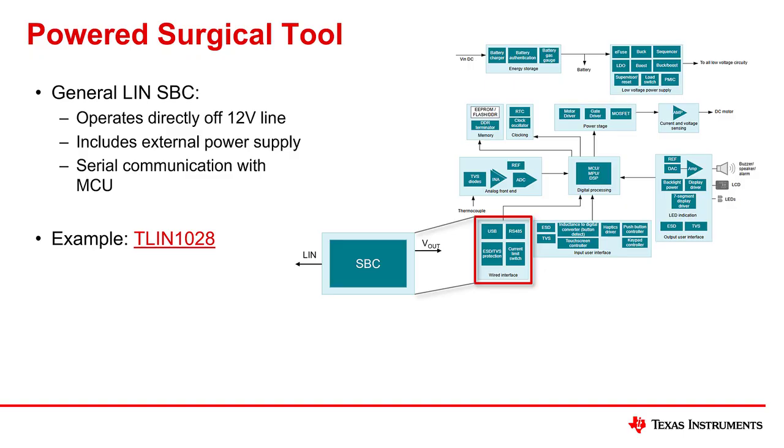Looking at the original design, specifically in the wired interface block, we can see traditionally it is handled by RS-485. However, LIN devices can also fill this purpose, as these systems don't have as long of cabling that is expected in RS-485. LIN also has a more defined standard, whereas RS-485 is only a physical layer standard. When using a device like the TLIN1028, we don't need a specific power converter and can power directly off of battery, as well as powering other peripheral circuits. Finally, SPI communication and SBC configuration can be facilitated by the subsystem's MCU.